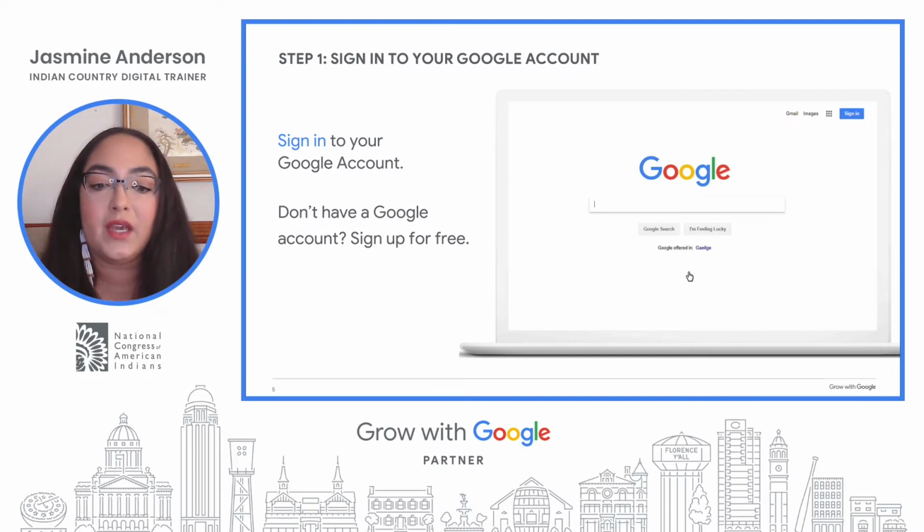Signing into your Google account allows you to access lots of Google apps that you can use for work and home. If you don't yet have a Google account, you can set one up for free. You can choose to get a new Google email address, or you can use another email address that you already have. Visit